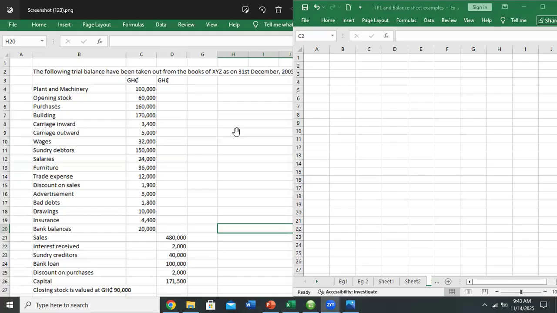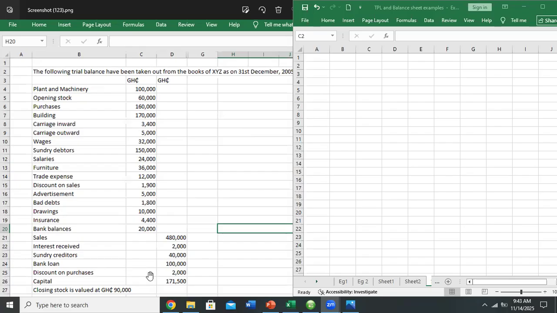Okay. So, professors, discount on purchases can never be discount allowed. It's discount received. You are buying goods from your suppliers, right? And it's your suppliers who can give you that discount received. Or you can receive discount from your suppliers. The opposite is discount on sales. That will be the discount allowed because when you are selling to your customers, you can allow them some discount. So let's take note of that.